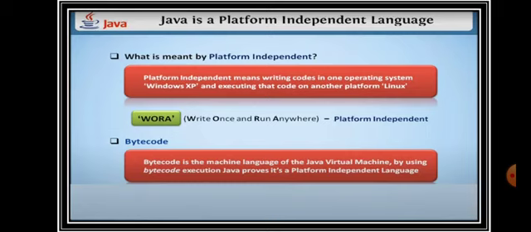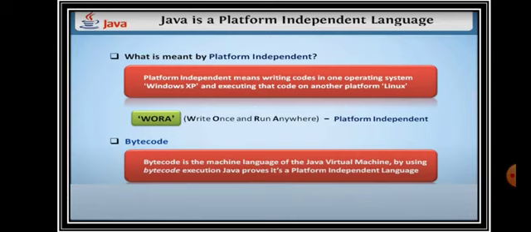If that game is not played there, I cannot call it platform independent. So it is platform dependent. Java is not like that. Java is platform independent. So a program which is written in one operating system, Windows XP, can be played in many operating systems. That is, it can play in Linux, it can play in Mac as well. So that is the advantage of Java.